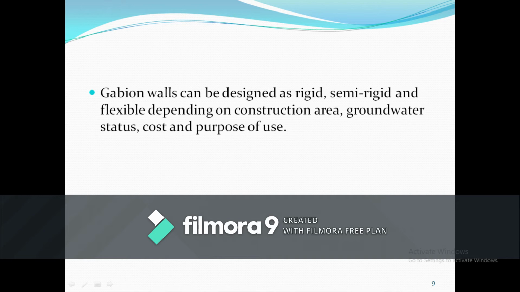How is a gabion wall utilized? So we said gabion walls are retaining structures. They are used in the construction field, and they can be flexible, or they can be, it is just a stone-filled metallic mesh. So how are you doing it? You are just making it into the shape of a retaining wall. Whether you are using it as a retaining wall or any other structural element, it totally depends upon the construction area and also the purpose of use, for what purpose we are using it.